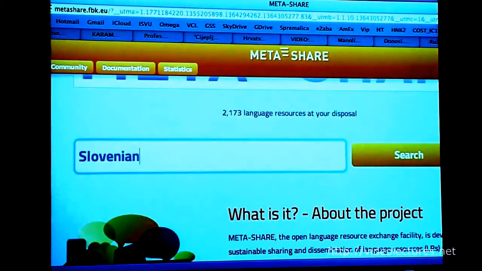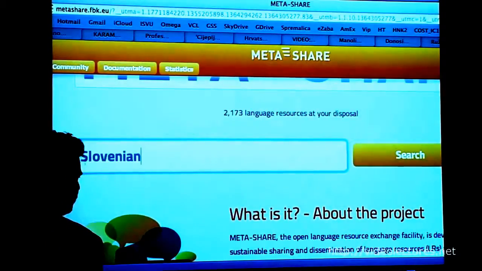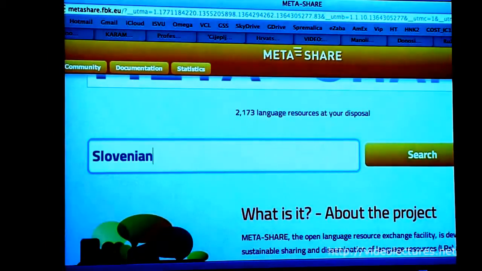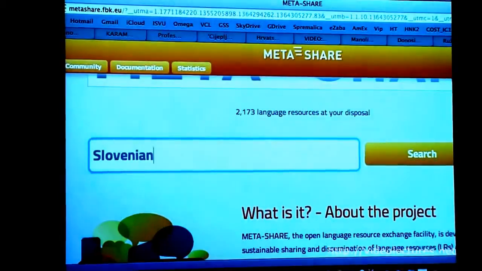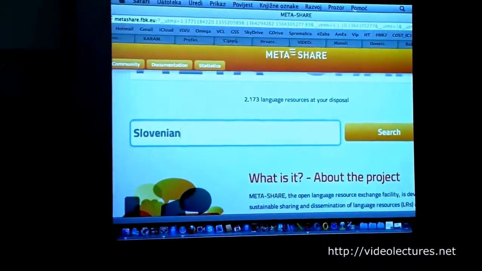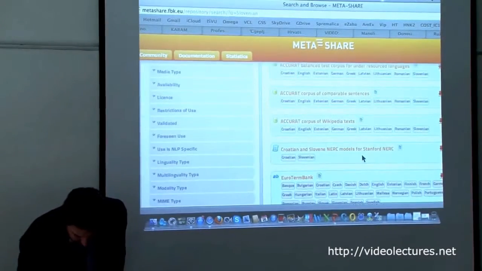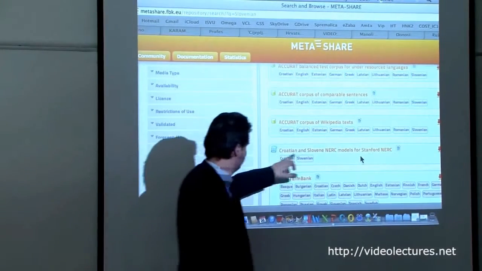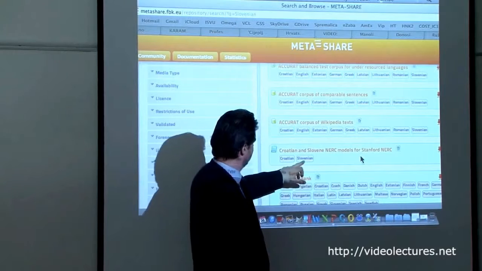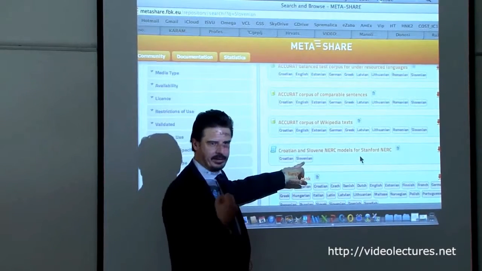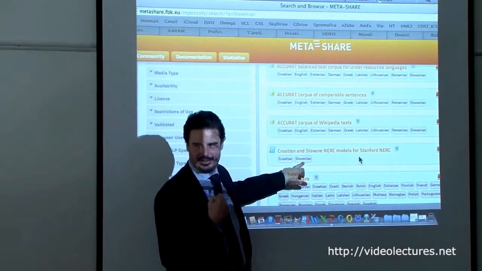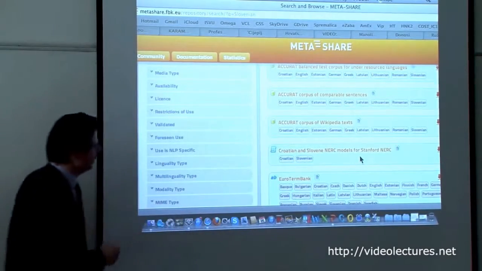Well, there's a funny thing. Sometimes you call your language Slovene, sometimes it's Slovenian, and I think in metadata it's always Slovenian. Although in the names you will find sometimes, for instance, like here, Croatian and Slovene, but here, see, this is directly taken from metadata, so it's Slovenian. Okay, so